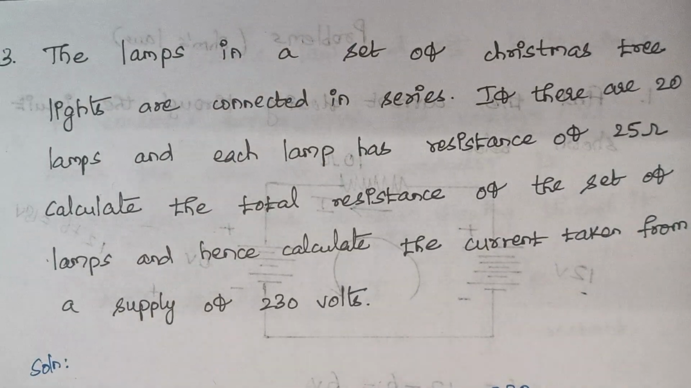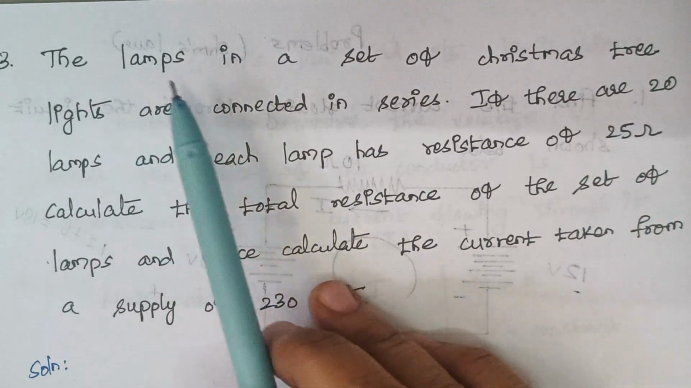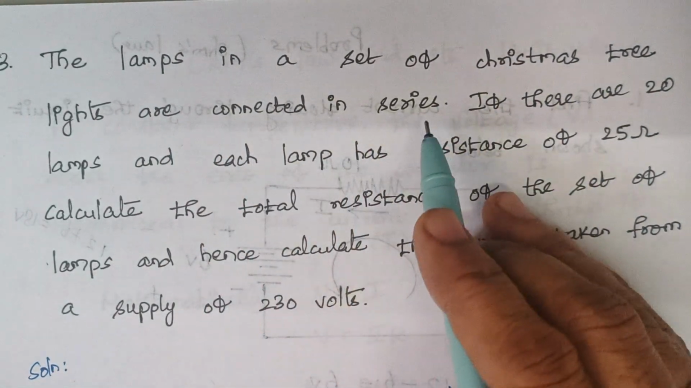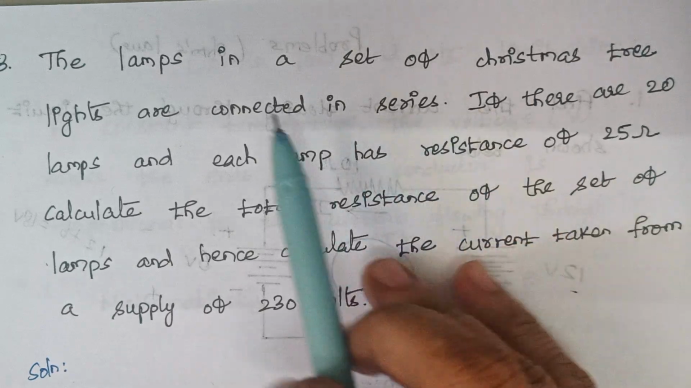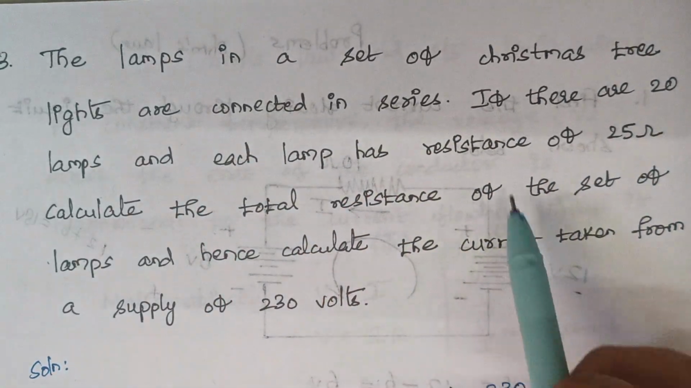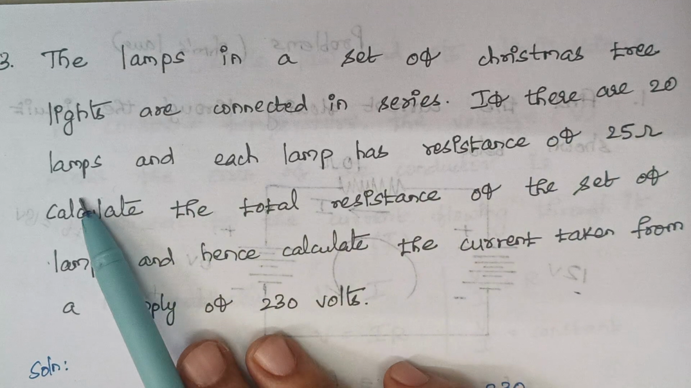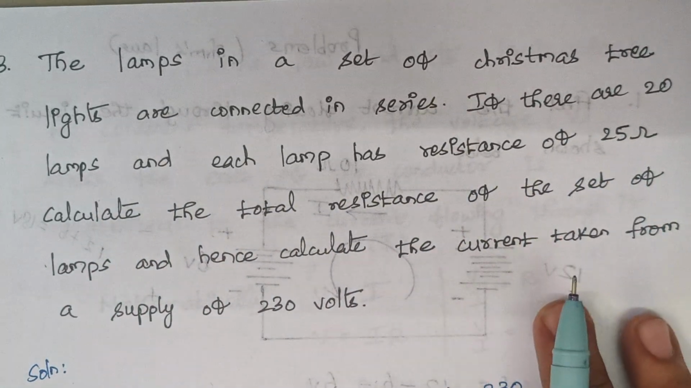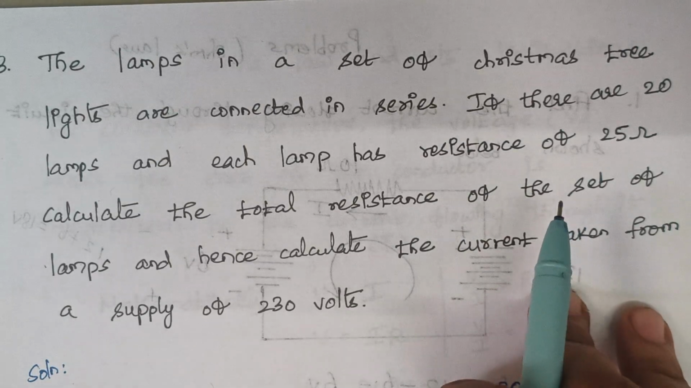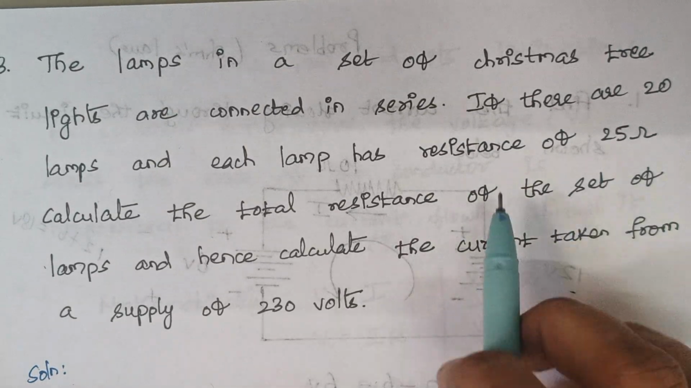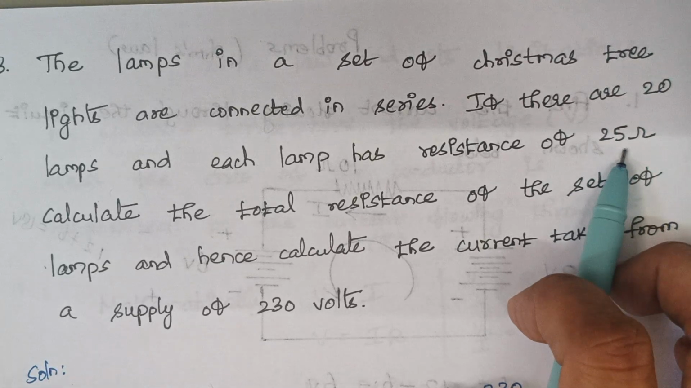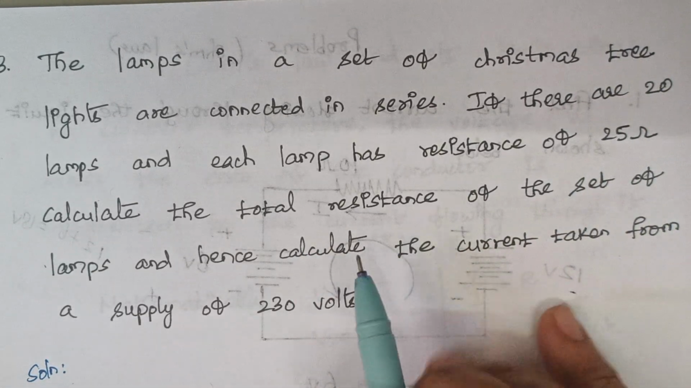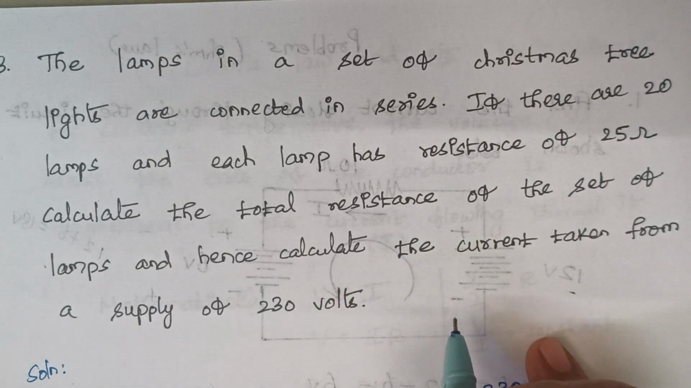So next, third problem. The lamps in a set of Christmas tree lights are connected in series. If there are 20 lamps and each lamp has a resistance of 25 ohms, calculate the total resistance of the set of the lamps and hence calculate the current taken from the supply voltage